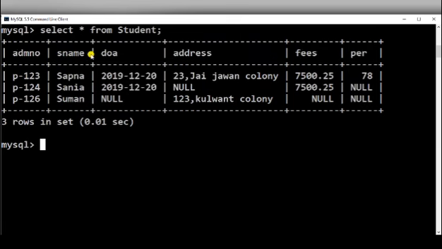Now I am going to refer to the sname column of this table. That is, I am going to see the length of the names of all the students. By chance, all the students in this table have names of the same length. So I am writing select length sname, not including it in double inverted commas now, because this is the name of the column to which I am referring and not a constant string.